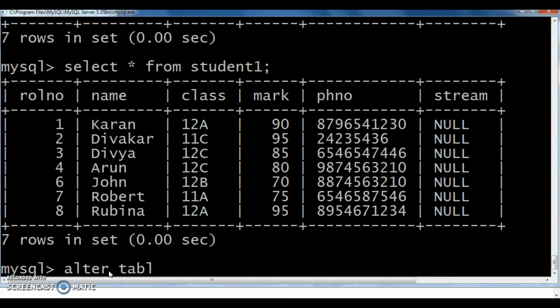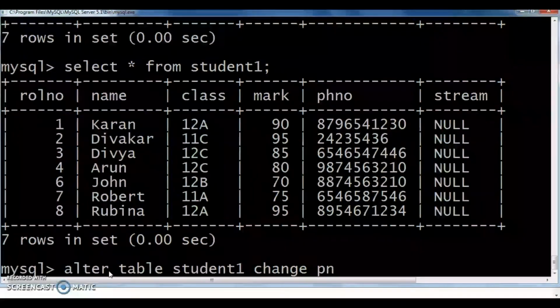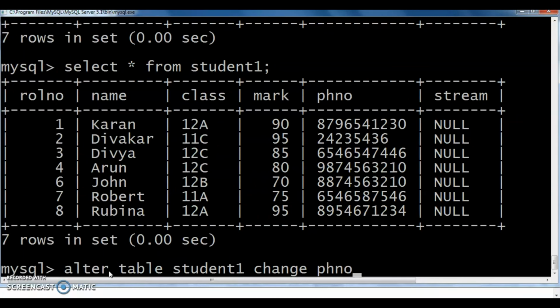Alter table student1 change, old field name, that is PHNO, then new field name, that is phone number, then the data type, varchar of 10.